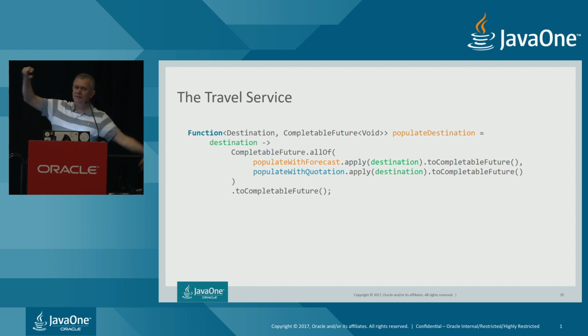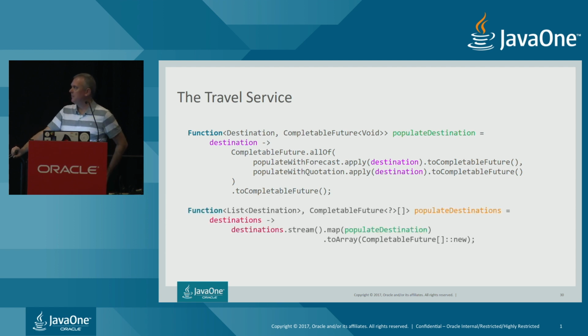So this is something that takes a destination and will populate the properties of that destination using the querying of the REST services in an asynchronous and parallel way. Right. So this destination, now I need to get it from somewhere. So let us do that. What I get, in fact, from the first REST service, is a list of destinations.